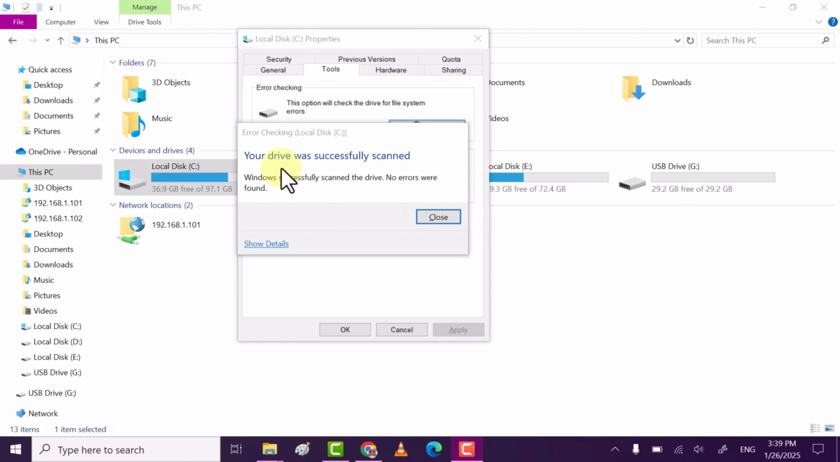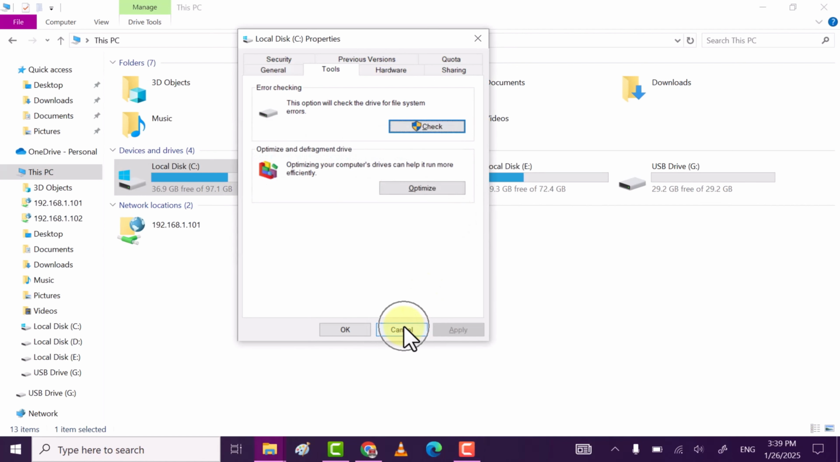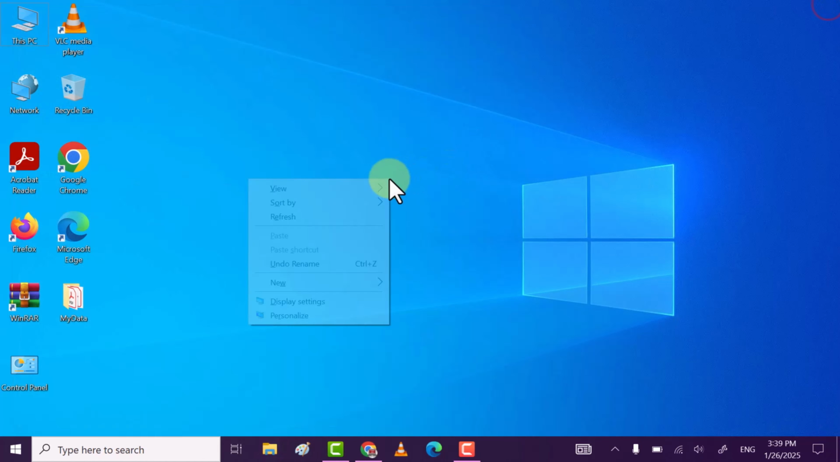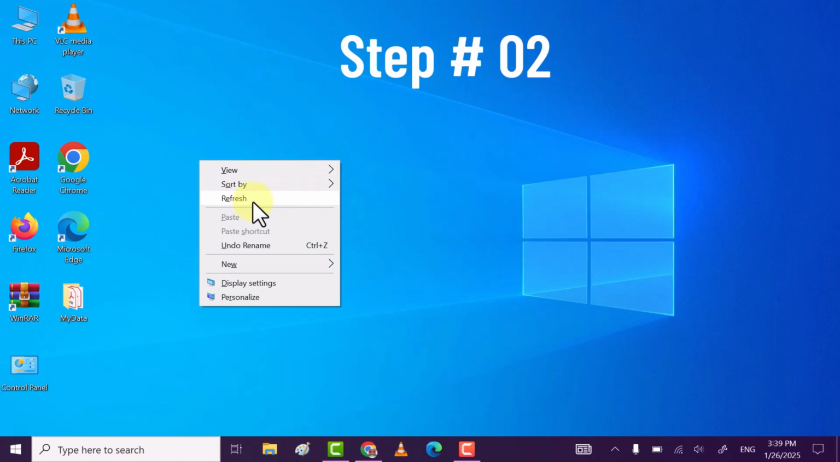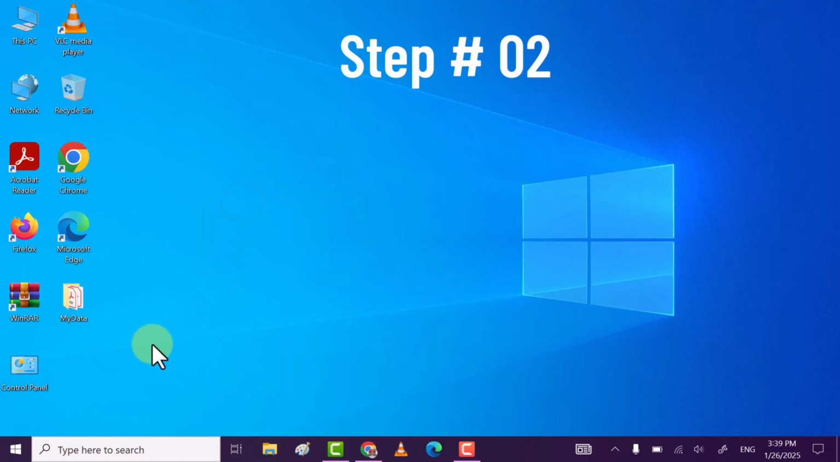Once done, you will see your device was successfully scanned. No errors were found. Close the window. Close all the windows. Once you have done that, check if your problem is solved or not. If you are still facing the problem, then step second